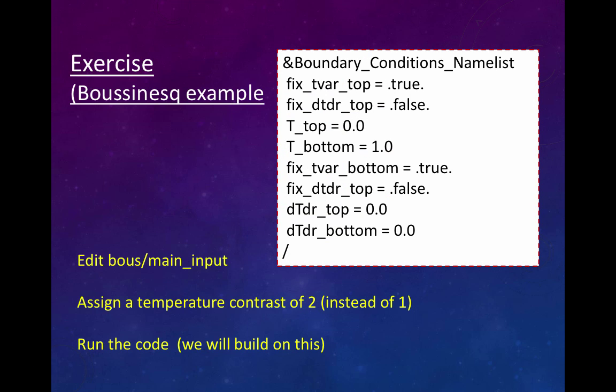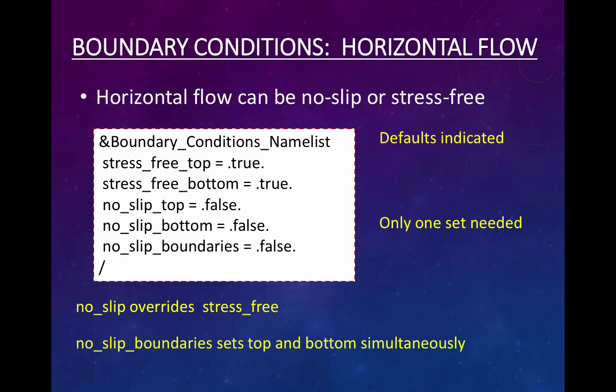So nothing magic here. So we'll kind of move on, but just make sure you can do that. So just set T-top or T-bottom to be 2. And we'll talk now a little bit about the horizontal flow. Okay? So basically, your horizontal flow conditions can be no slip or stress-free. Again, they're specified in the boundary conditions namelist, and I've indicated the defaults here and the relevant flags. You only need to specify one set,